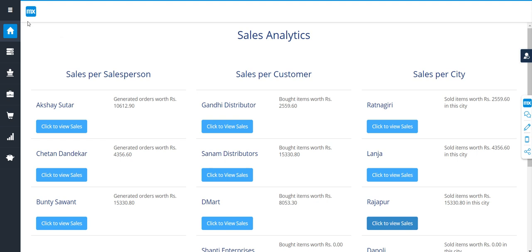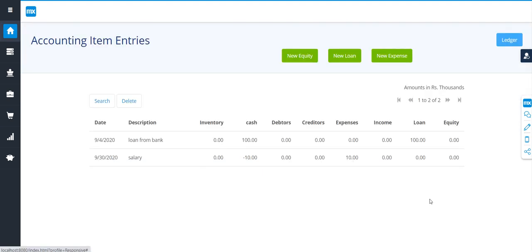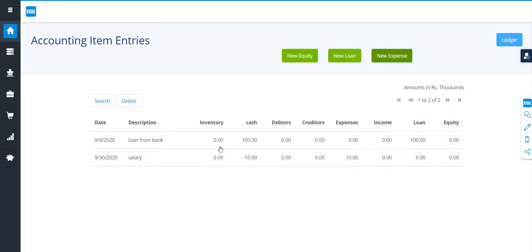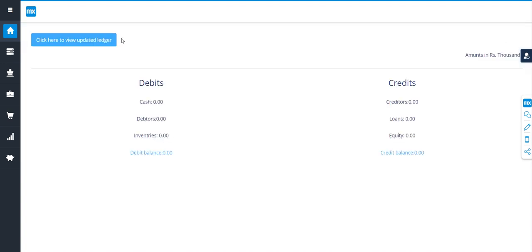The next page is the accounts page. It shows the accounting entries for each action performed by the business. It considers inputs to the new loan taken, new investments, and new expenses and updates the accounts respectively. Clicking on the ledger and then the updated ledger will give a total of debit and credit entries which should tally. Due to lack of time and knowledge of functionality, the app still does not update the inventory, debtors, creditors, and other accounts yet. This functionality is planned for the next sprint.